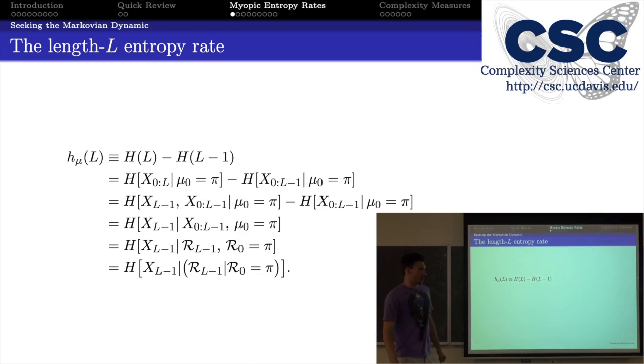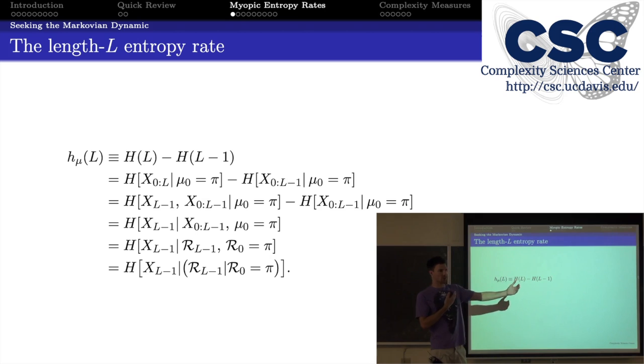So I promised we'd talk about information quantities. You guys are familiar with the length L entropy rates, right? I think sometimes we called them the entropy rate approximates. The idea is that you have some process. If you just considered the entropy of single symbol statistics, for example, that would be like h mu of 1. Or if you allow yourself to look at length 2 words, and see what the entropy of my system looks like, that'd be like h mu of